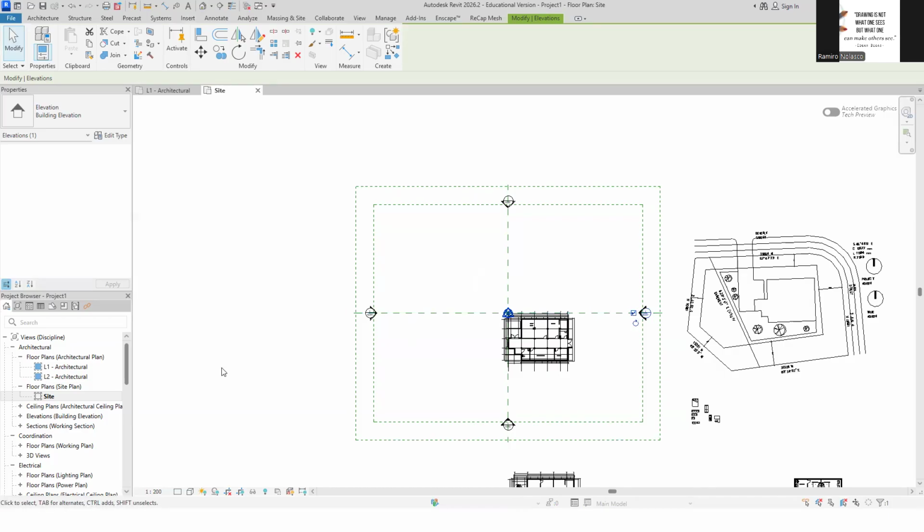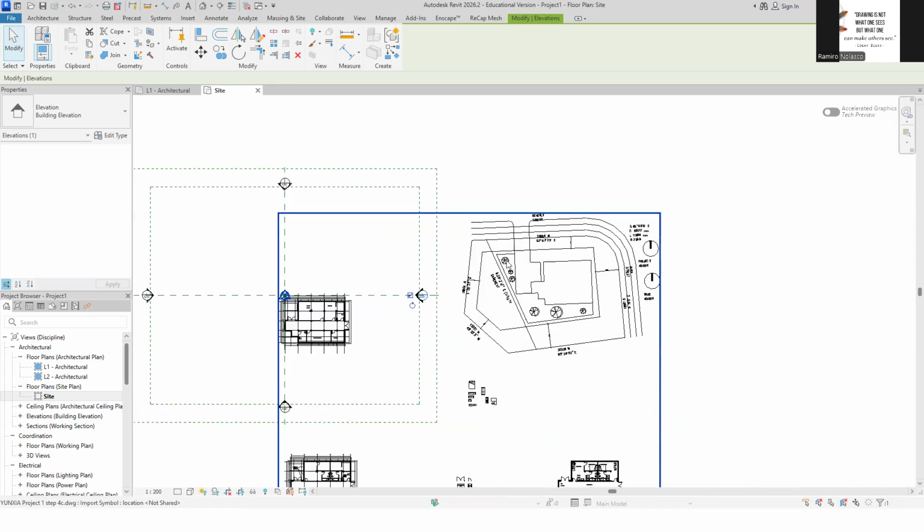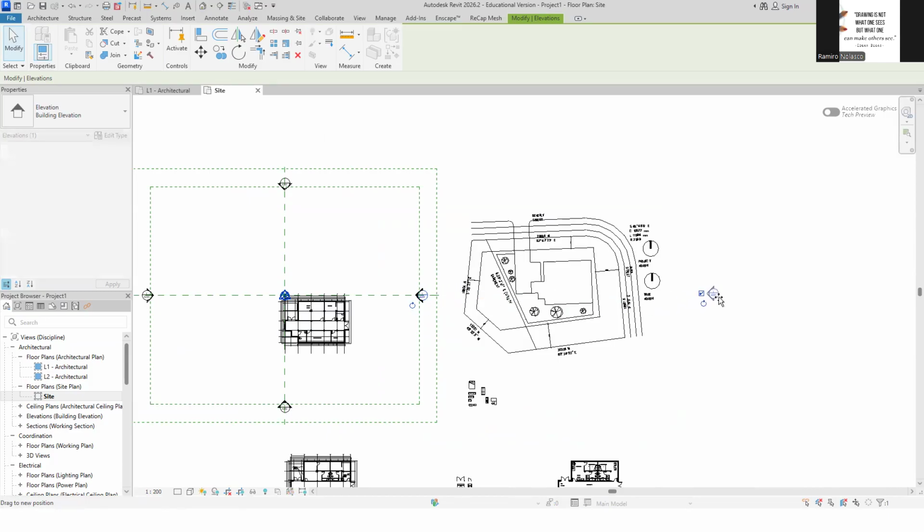So this is the east view. But because our drawing is right here, you cannot see our drawing. So what you want to do is move this to the right, so that when we build here, you are able to see the east elevation.